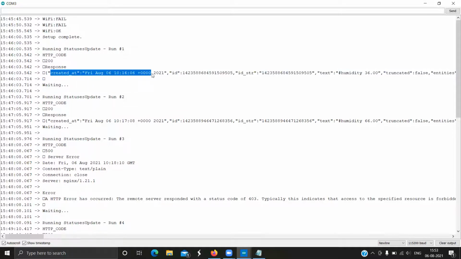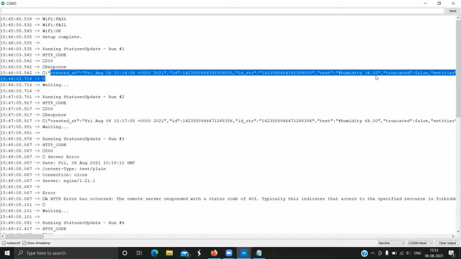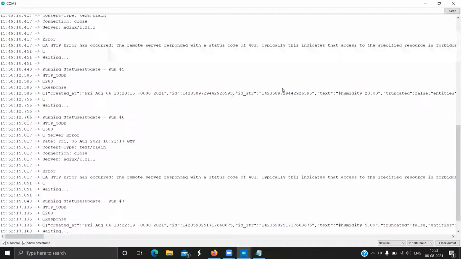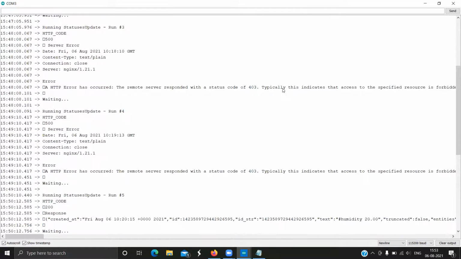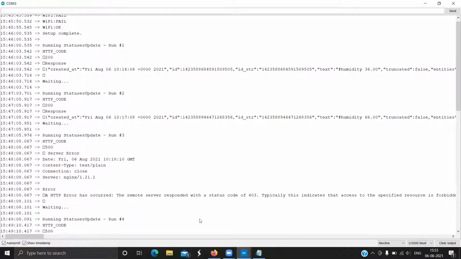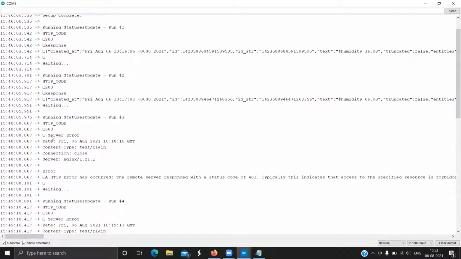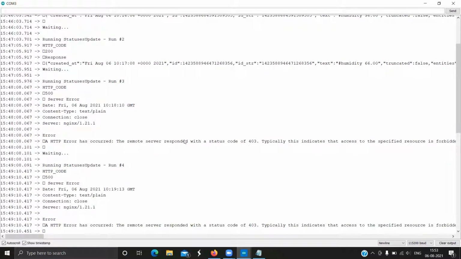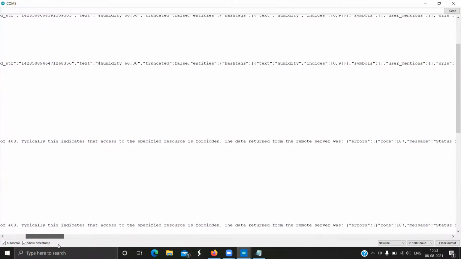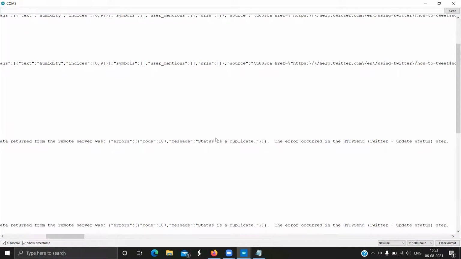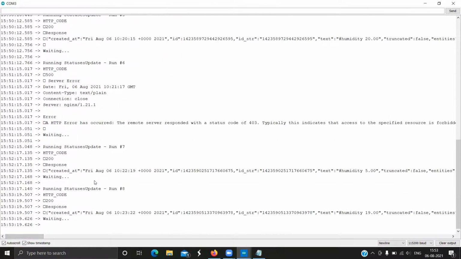It says created at, and yeah, you can see humidity 36 here, right? So it's a little hard to highlight in serial monitor because it's still updating right now. So like that, we get multiple posts. And like I said, we have 10 iterations. Sometimes you might get an error, like a server error saying your Wi-Fi was disconnected. Or other times you might get an error saying that the tweet was a duplicate, like we have the case here. Status is a duplicate, right? So we have run this 10 times and you have seen the visualization over there on Burhan's screen. So that is all that our project is.